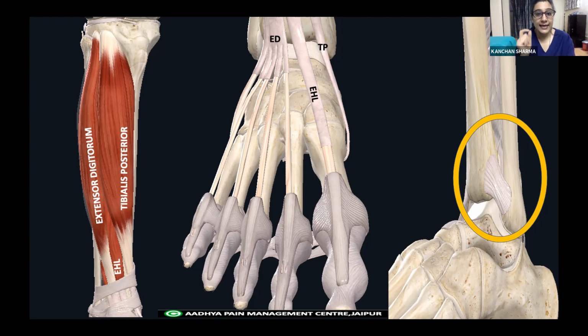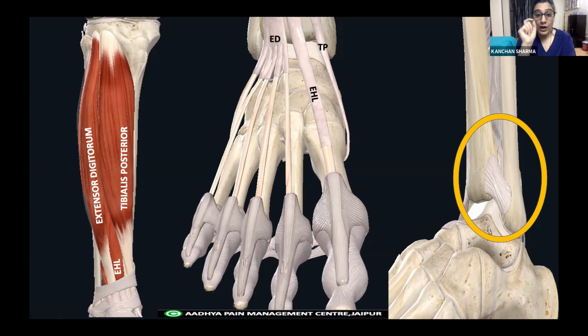So when I'm saying extensor hallucis longus, extensor means a muscle whose function is extension. Hallucis will be for the great toe. Longus, that is a long tendon. So extensor hallucis longus. You have 1 tendon for your great toe, and then you have 4 tendons for the